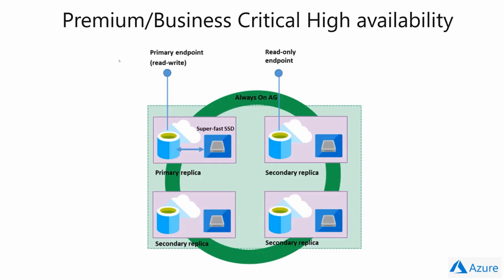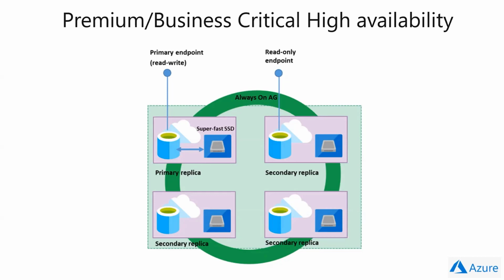And we have something called Geo Zone Redundant Storage. So basically, what is happening is all your storage, in this case the storage of your database, is copied across availability zones, and also is replicated to a secondary geographic region. And of course, the reason is to protect against regional disasters. And this is just the storage that is being copied.